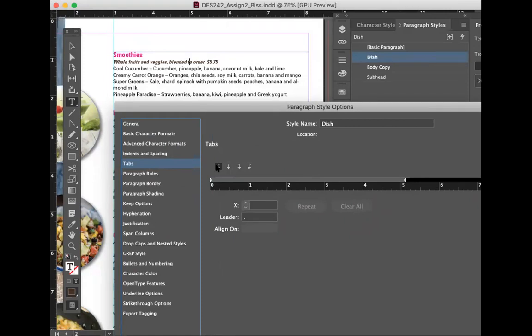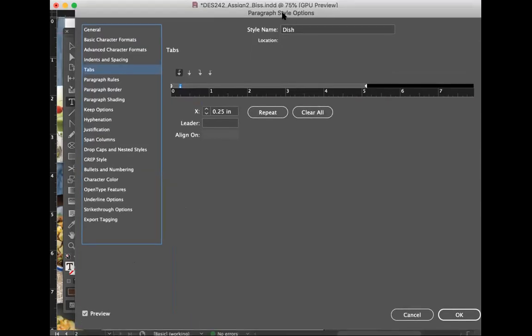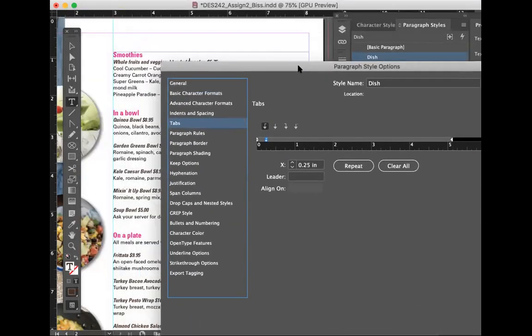Let's go ahead and tab your dish over about, and what we'll do is we'll select that and then we'll click right into the ruler here. And this is where you can see it on your screen if you have it in the preview mode. When you move this left and right, you see where that line is in your actual layout. I'm going to set this to 0.25. And you can actually type it in here if you want to. And it should look blue here. You can always delete. If you pull this off, you just click and pull it off, or you can clear all. That's where my dish will tab over to.